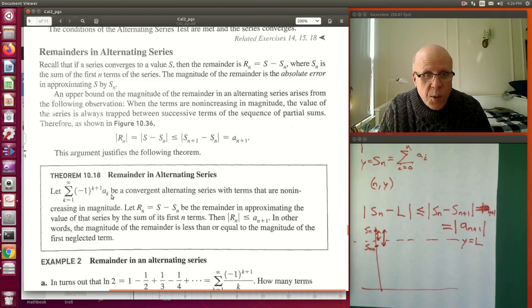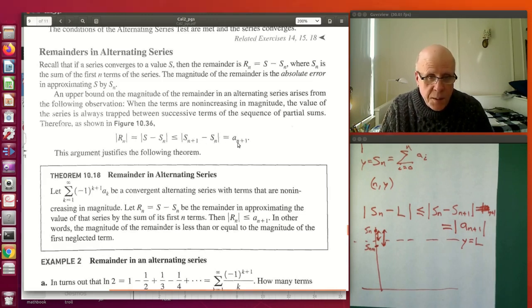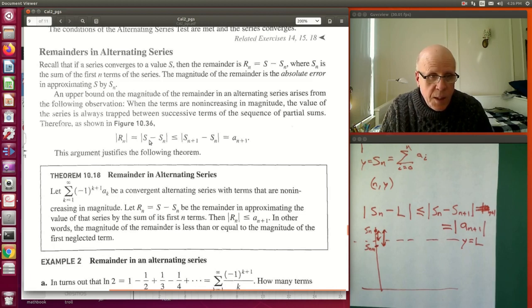So you've sort of already taken care of the absolute values. If a sub k is strictly positive and you make it alternating with that introduction, then see how the result is set up. Just what I said before, the absolute value of the difference between the nth partial sum and the n plus first partial sum is equal to a sub n plus 1, and that's an upper bound on how far